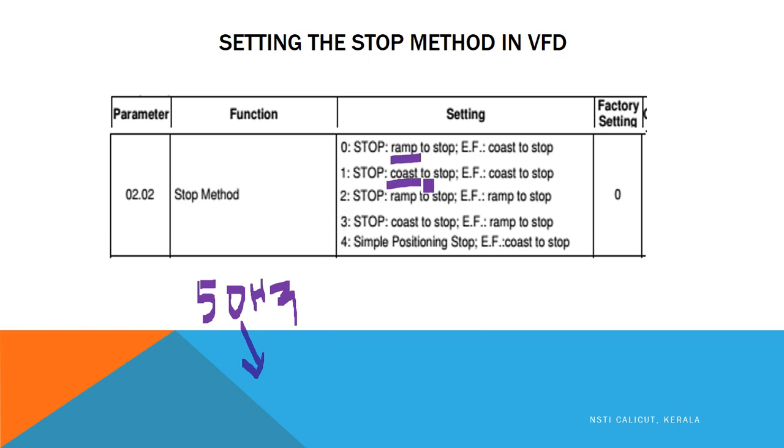And next is coasting method. That is our usual method of stopping. That is, when you stop the item, you are totally cutting the supply from the machine. If you are selecting coast to stop, the machine will be totally cut from the supply, and depending on the load only, it will be stopping. And if it is RAM to stop, the machine will be reducing the supply, not entirely cutting the supply at the instant, but whatever the frequency right now when you are stopping, let us say if it is 25 Hertz, it will be going 24, 23, 22, 21, 20 like to 0. So in a specified period of time, it will be stopping. So these are the two methods of stopping.